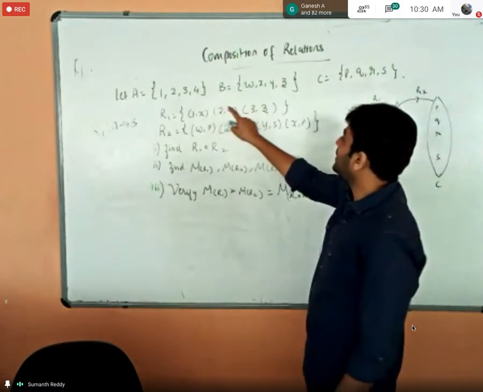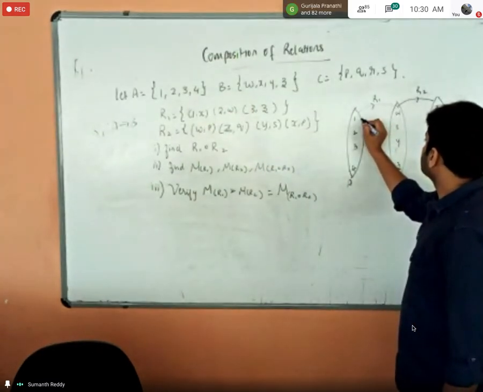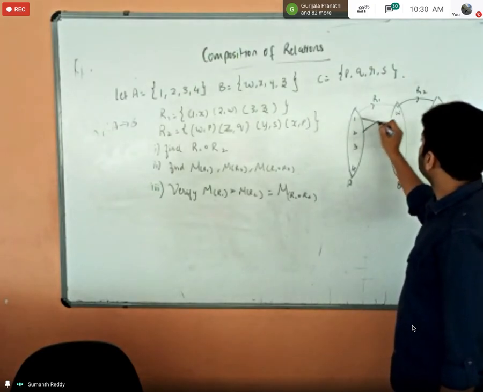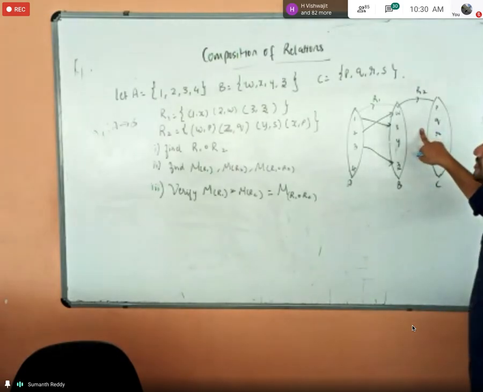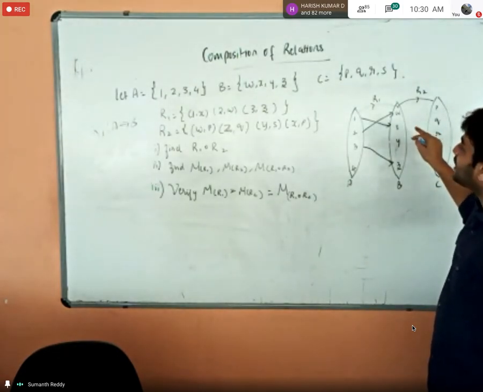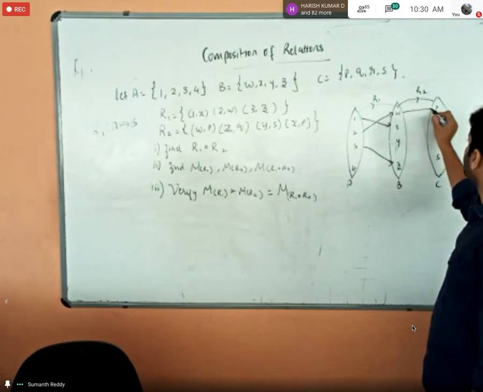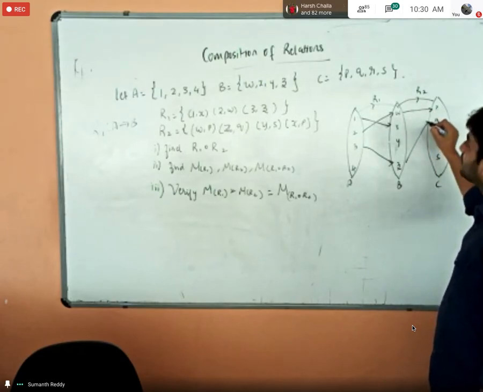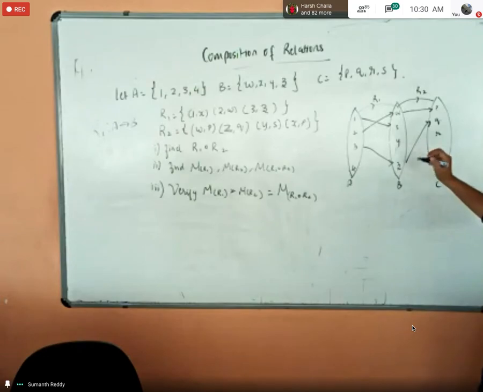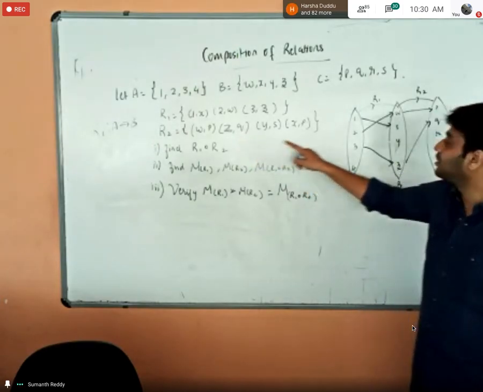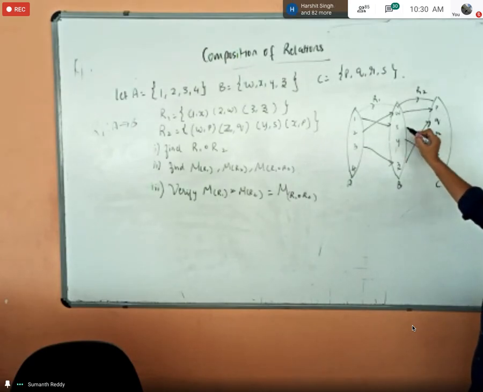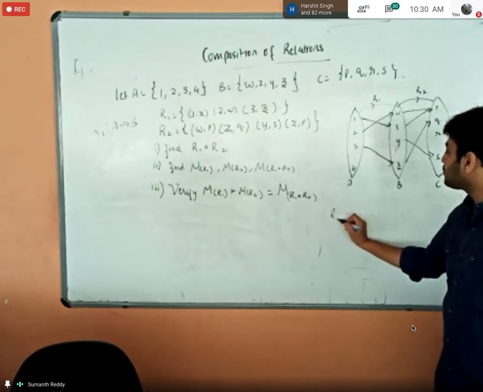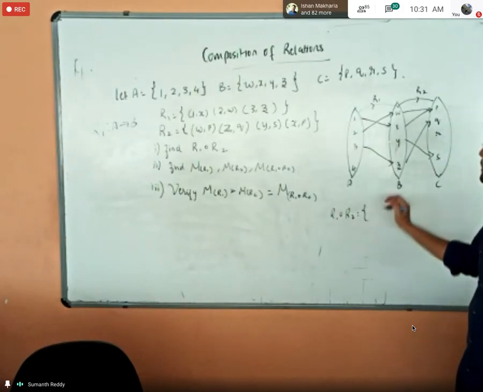So this relation R1 has 1x, 2w, 3z. Similarly, the relation R2 will have WP, ZQ, YS, and XP. Right? So based on this, the composition of R1 and R2 will be like this: 1